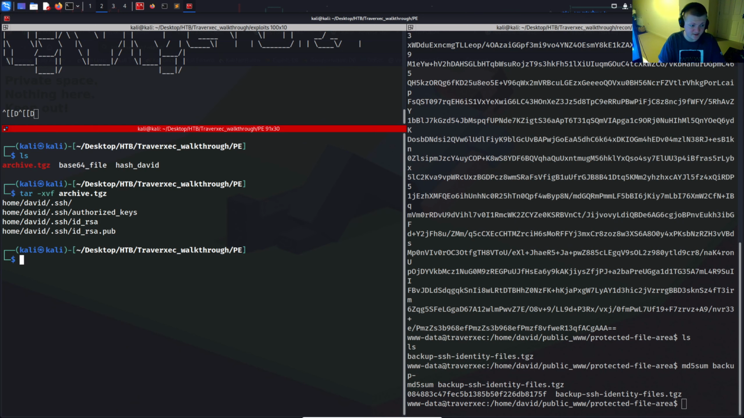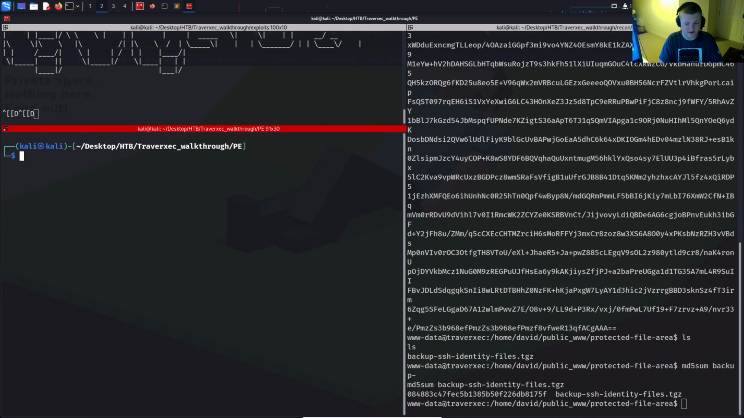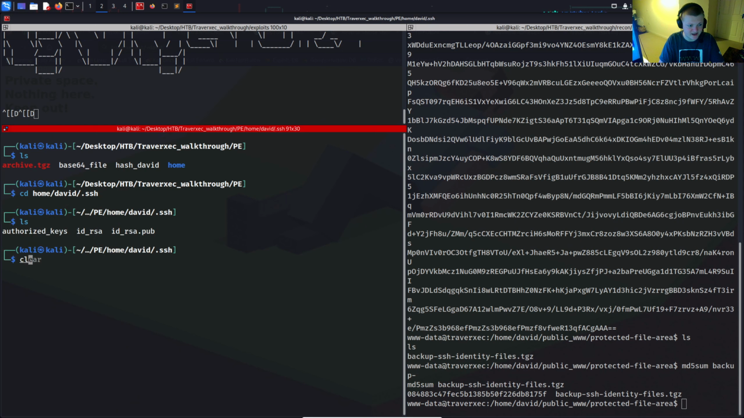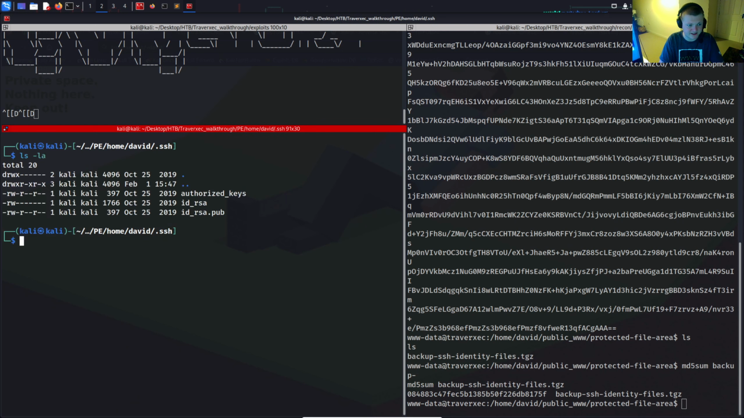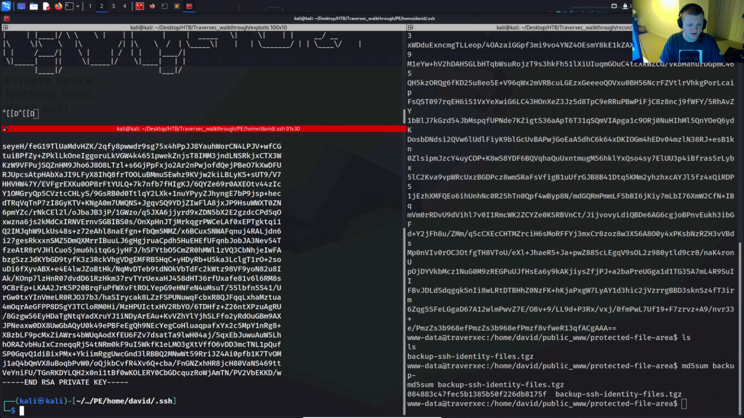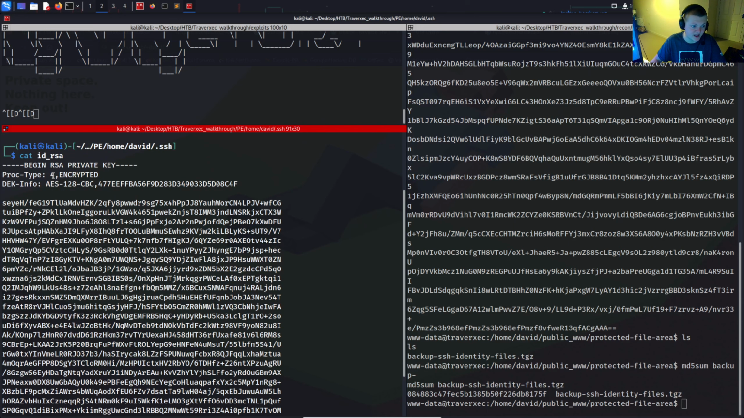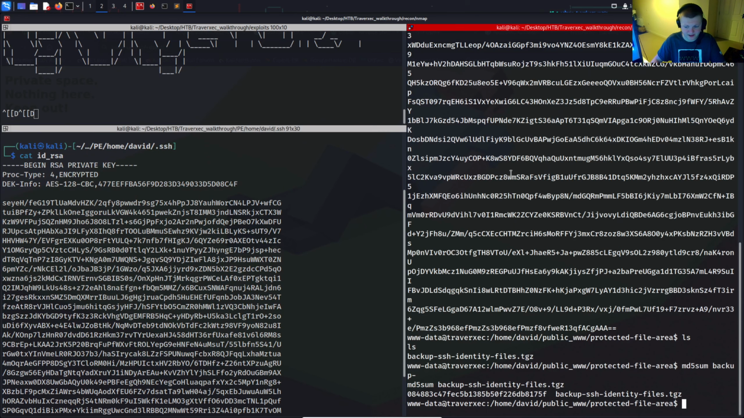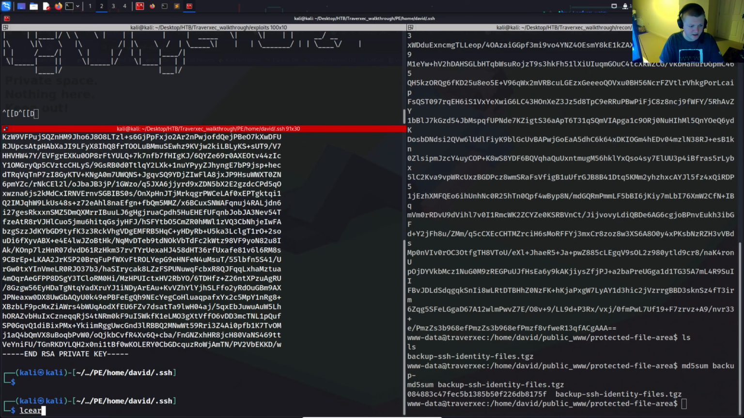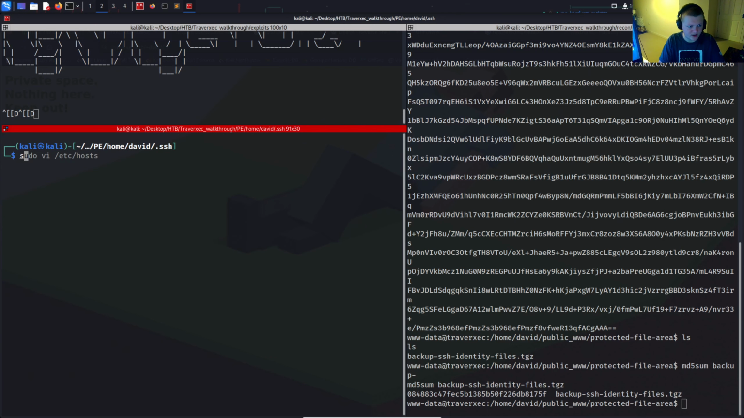and we can see it's compressed the .ssh directory of David's user. So we can go to home david .ssh, and we can see we've got the id_rsa, which is the SSH private key. We can cat this open just to have a look, and we can see it's encrypted. So there's a passphrase on it, which is fine. What we can do is go ssh -i to specify we're using key authentication,